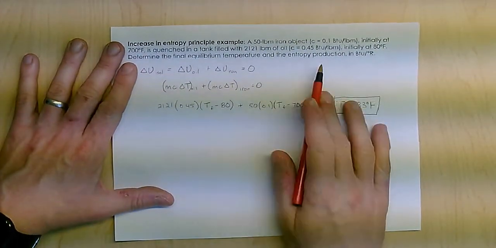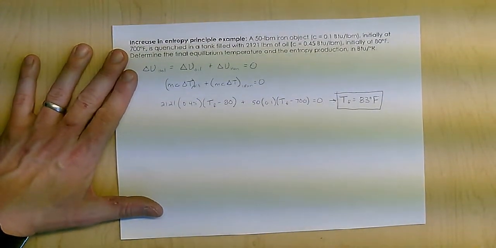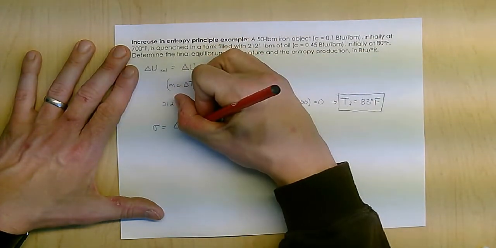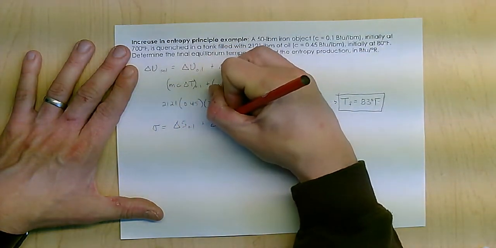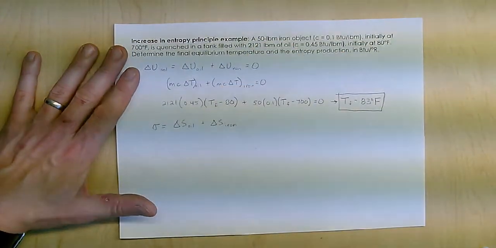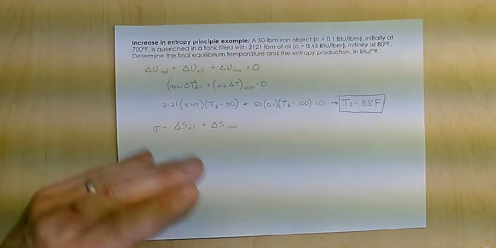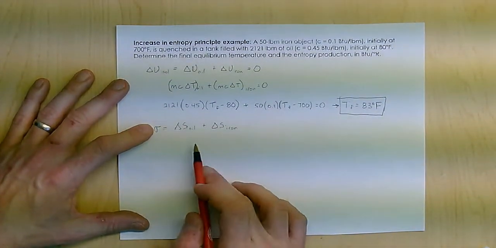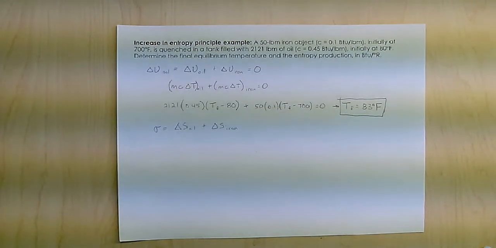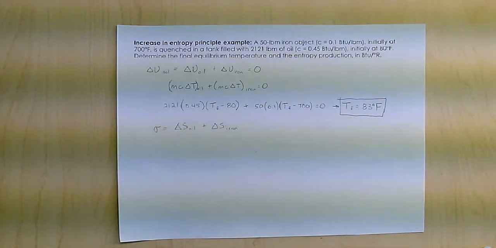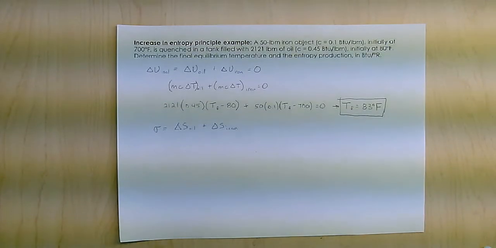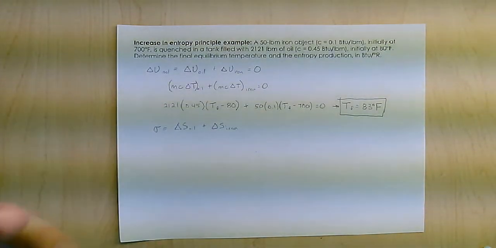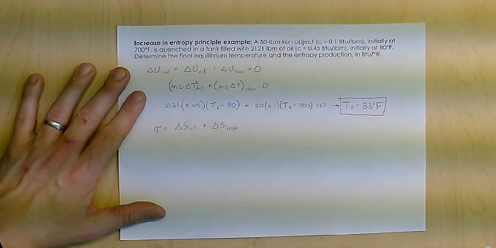Okay, now that I have that, I'm going to go ahead and find the entropy production, which is the same idea, that sigma equals delta S of the oil plus delta S of the iron. So one's going to increase, one's going to decrease in entropy, but the total value has to come out to sigma. And again, this is true because there's no heat transfer to the surroundings. Essentially, I've included the oil, the surroundings in this. So for the isolated system, the sigma is the change in entropy of the oil plus the change in entropy of the iron,